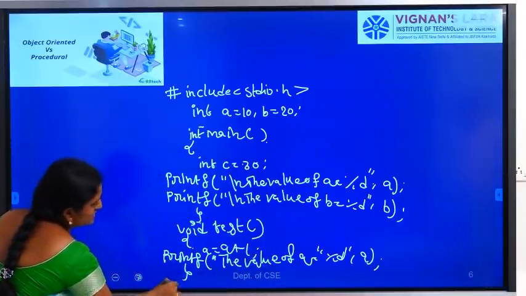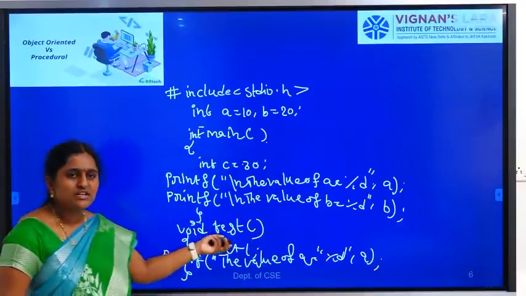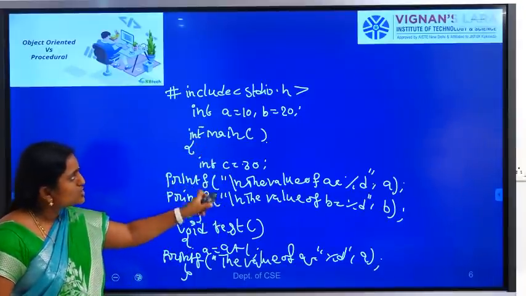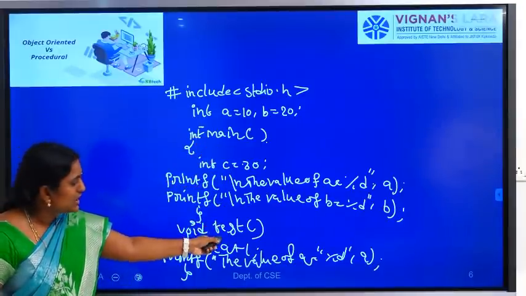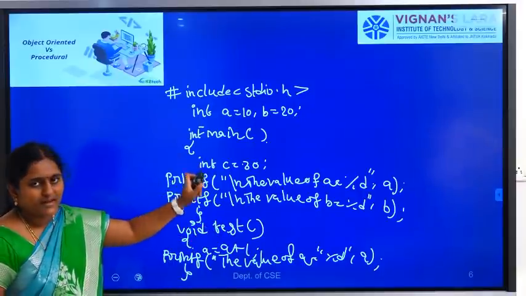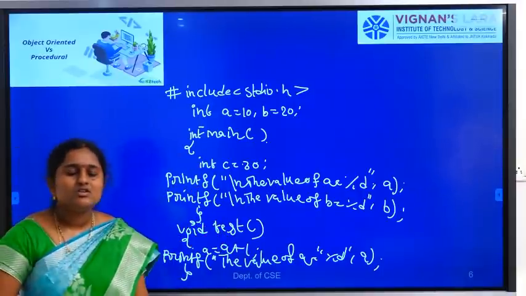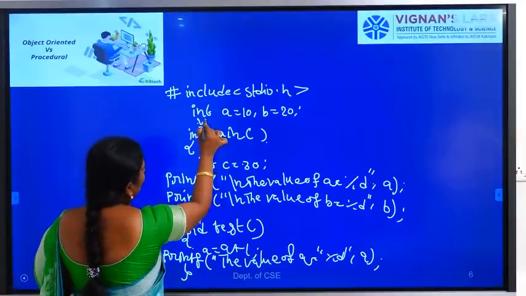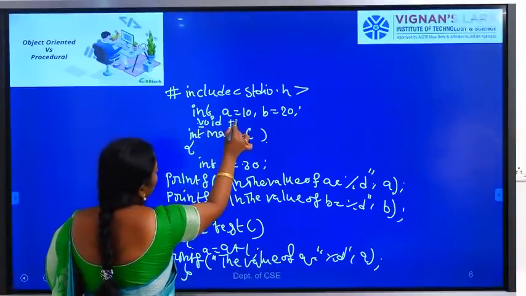Then we close the braces. It is a user defined function. Main is the predefined function. Whenever we declare a user defined function after main, we have to tell the compiler, so I have to mention the function prototype before main. Void test.